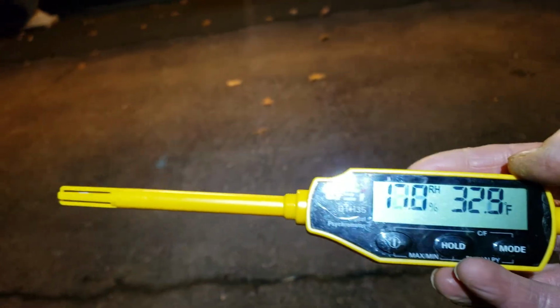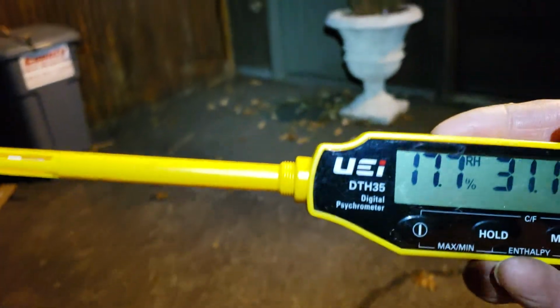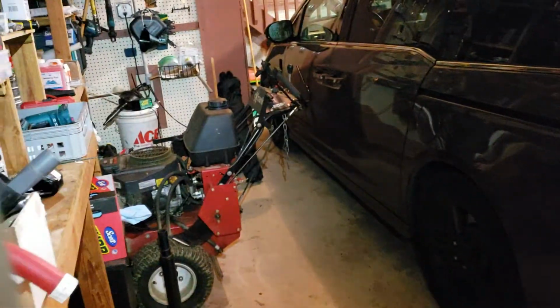Okay, just a short one. 32.9 degrees outside. 31 degrees, 29 degrees. All right. And a couple of years ago, I installed